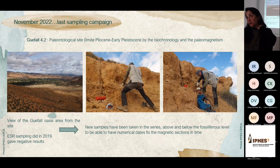through the paleomagnetism, two weeks ago there was a paper in Geobios that published this data. We are around 2.5, 2.6, but we really need numerical data to decide. So we hope that this new sample allows us to finish marking this paleontological site chronologically. That is also very important because